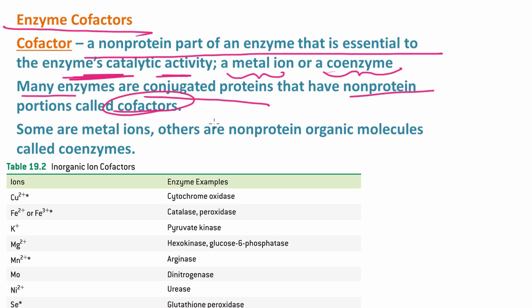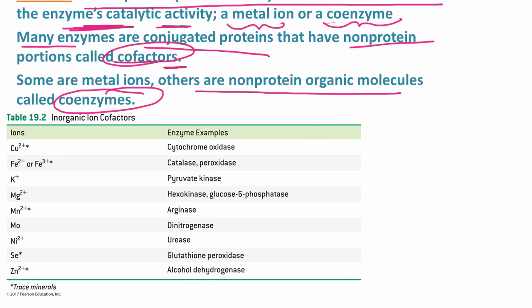So a metal ion or a coenzyme is a cofactor. Some are metal ions, others are non-protein organic molecules. The non-protein organic molecules are called coenzymes. Here are some of the